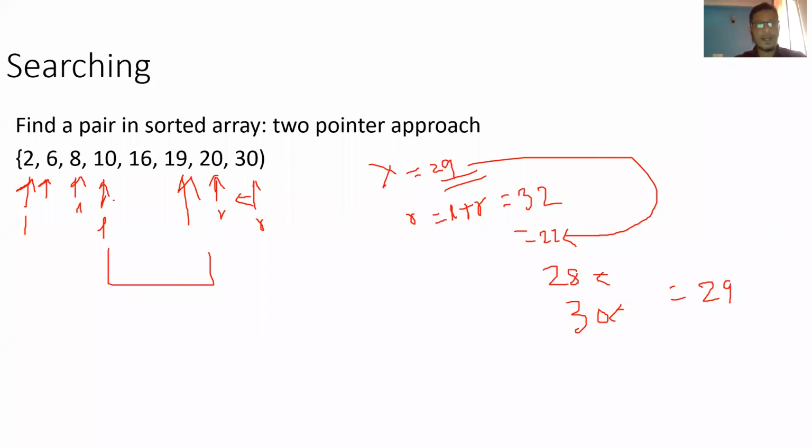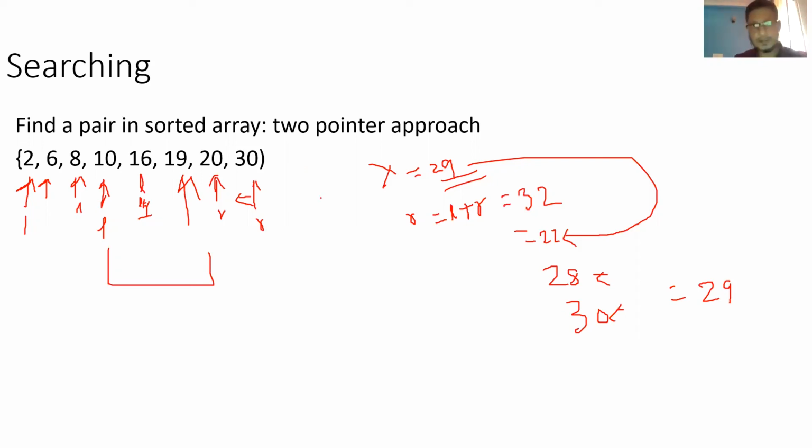Let's see if that item doesn't exist. What happens is your left and right will meet at one position. It becomes equal. So in that case, you can just stop the loop. If it is an odd array, they will meet. If it is an even array, they will just cross over. So you check that left is less than right, then only you iterate, or you just stop. I think that is how you can do it.